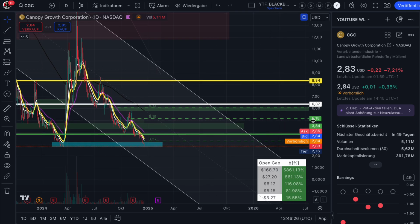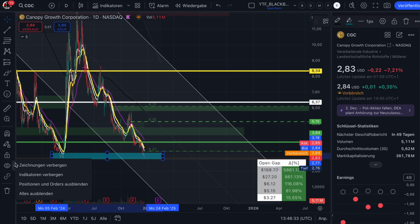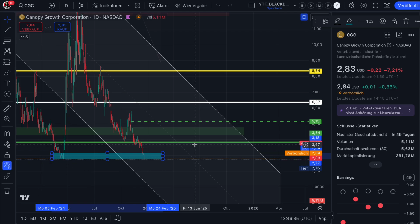Guys, when you want to copy the price goals, then you can, of course, pause the video. Everything what you see here is called TradingView. This is the program that I use for all my videos and all my trades. You can see the open gaps here in the chart. $6.37 is the first make it or break it price level, or the resistance that I see. Then latest $8.34 is, in my opinion, the moment where the bearish market makers step in. And when we break $3.84, this is, in my opinion, the price level where this first squeeze got initiated when we close over